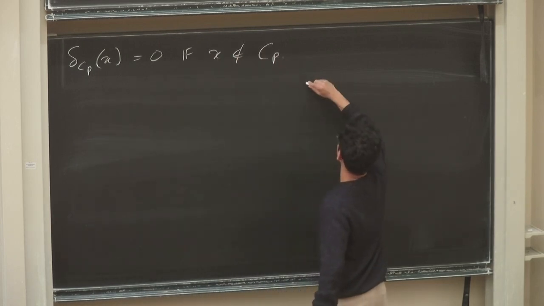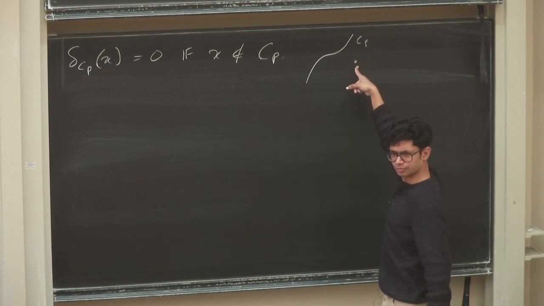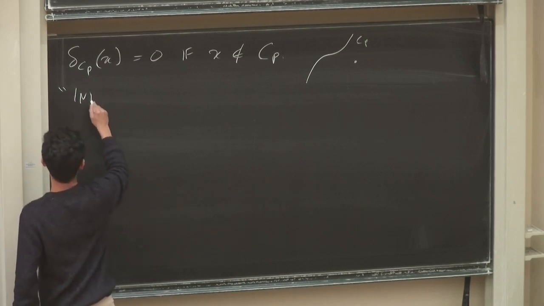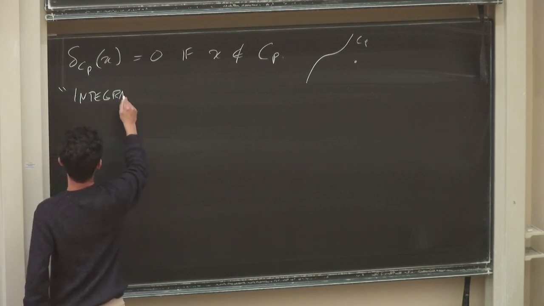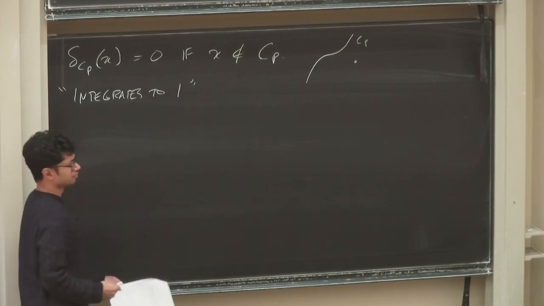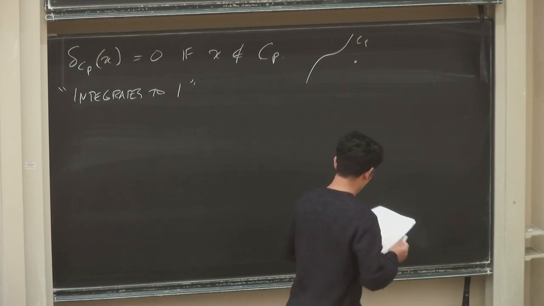Okay? So here's my C_p. If x is not on C_p, it's equal to 0. Okay? And it also integrates to 1. You should think, what does integrates to 1 actually mean in this case? What it means is,